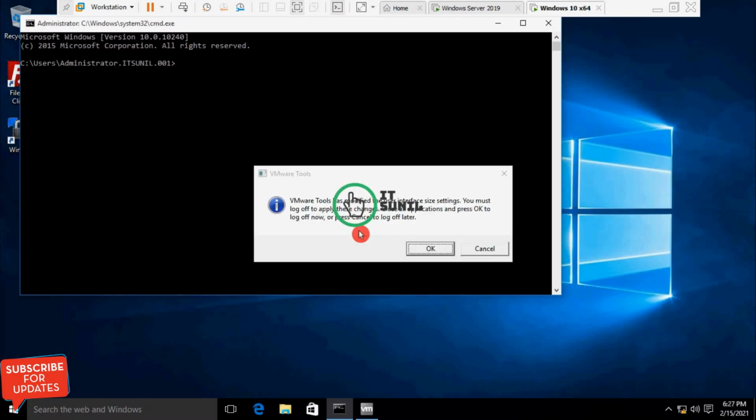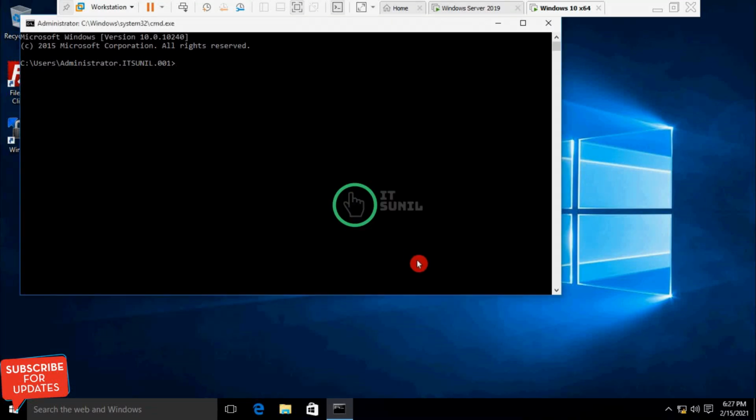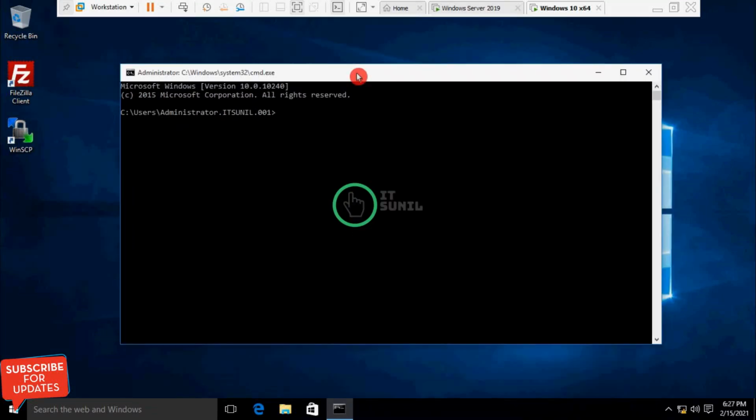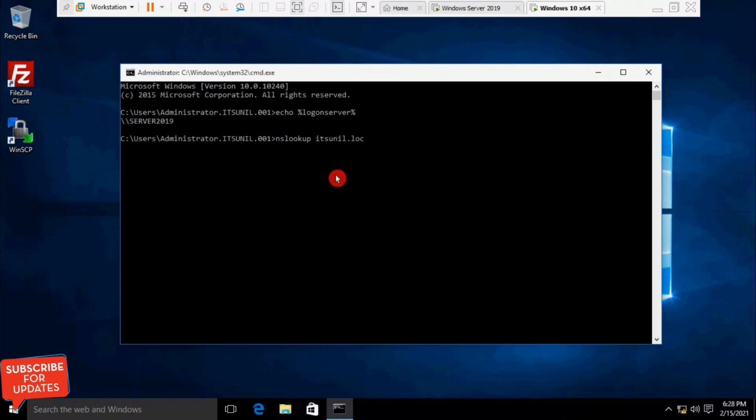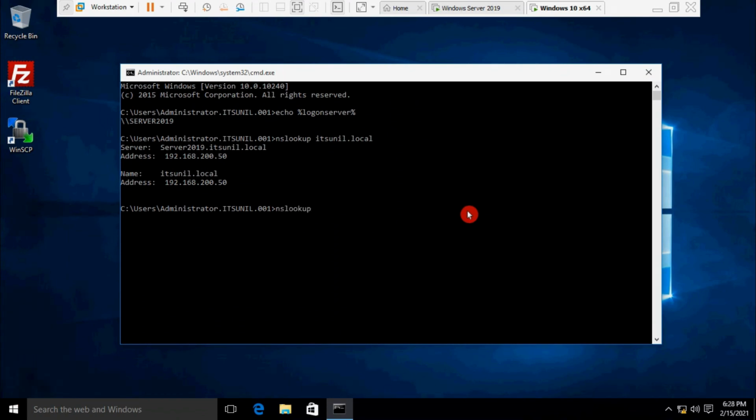Open command prompt and let's verify that my DNS and Active Directory are working perfectly. Let's check who my authentication domain controller is. My authentication domain controller is server 2019. Now, with the nslookup command, you can see my DNS is working perfectly.